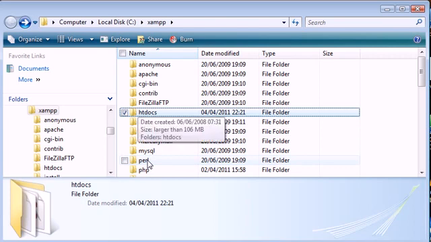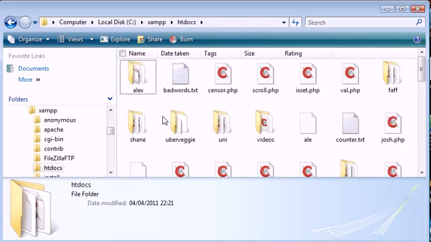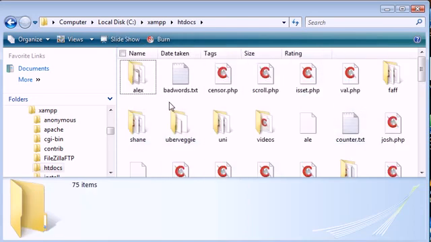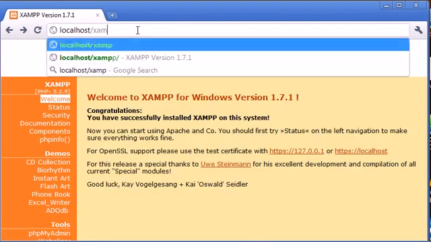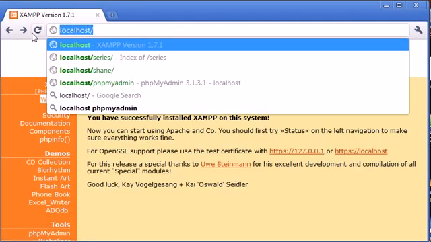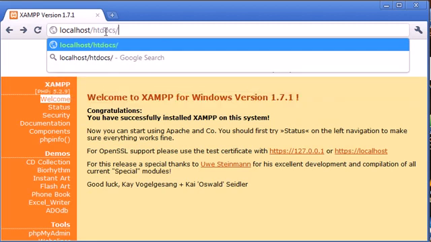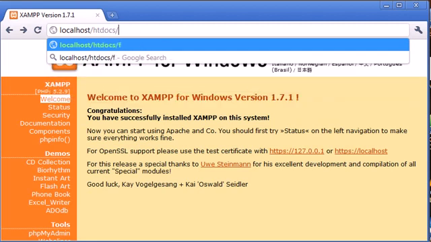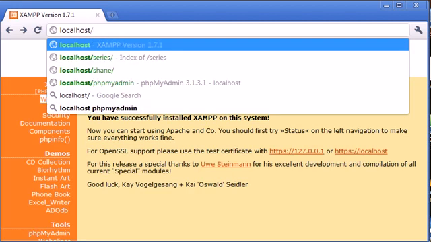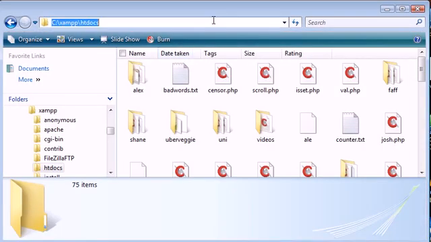creating our first file. Now inside htdocs at the moment it's a bit of a mess for me. I've got a few files in here, but we want to create our PHP file in here. So let's just open up our browser. So you know now that we access our local server from localhost. Now we don't need to do localhost/htdocs/ and our file, because htdocs is the root directory, if you like, for where